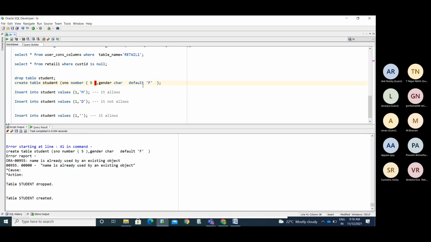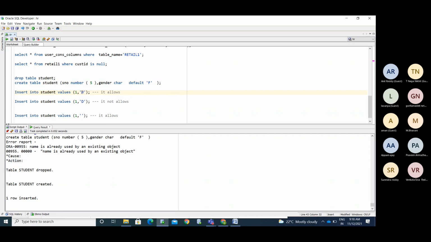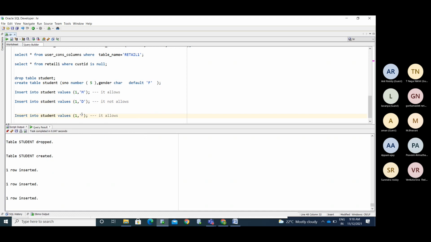Now the table is created. I am just mentioning a default constraint. Okay, so now I'm inserting the values. It is inserted. Now I'm going to insert this also. Okay, now the three values are inserted.